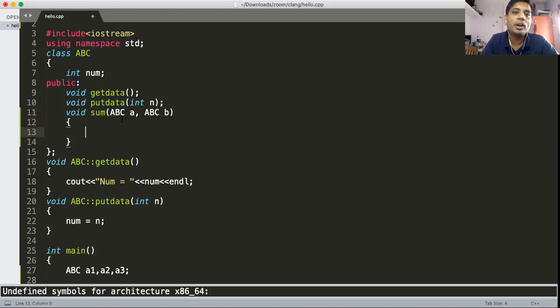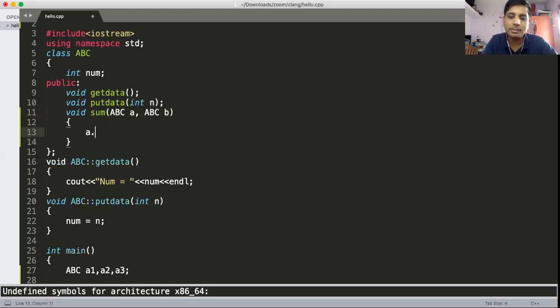Okay, so if the sum function is taking the argument as an object of that class itself, then how to handle it? Suppose the sum function is printing the summation when you call it: the num present in A plus the num variable present in B. So how to access the num in A?